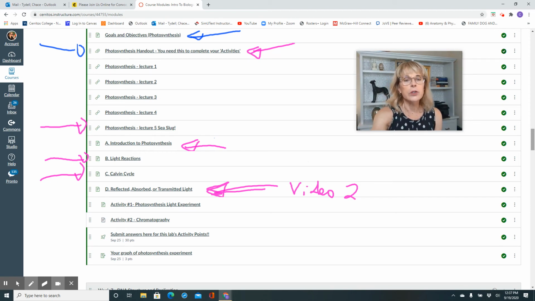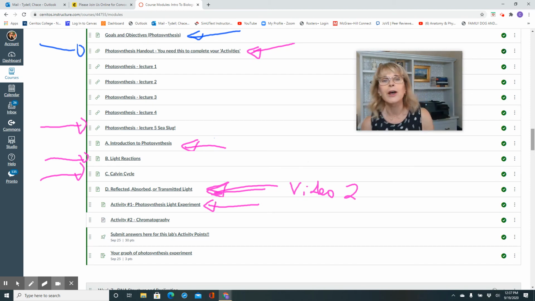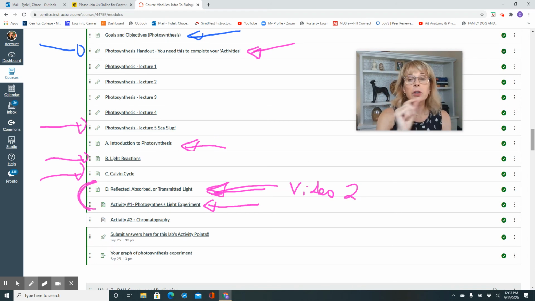And then there is only one activity you need to observe, and this is one of the activities that when we meet in real life, we actually do ourselves. We actually have Elodea in a test tube, and we expose it to light, and we measure how much oxygen is produced by photosynthesis when the light is at different distances from the Elodea plant. So these are the two things that you really need to be using to answer the questions here in your